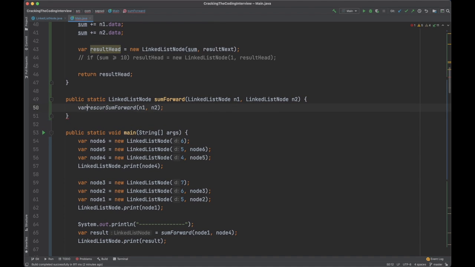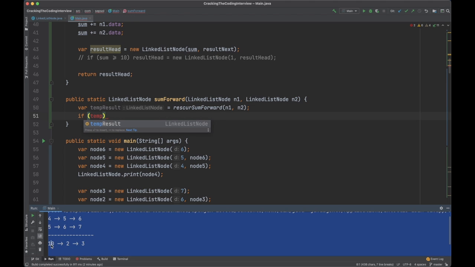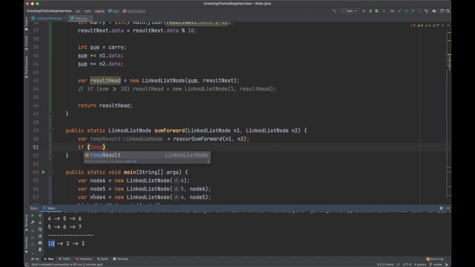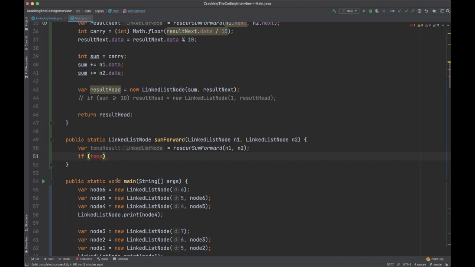And after that we want to receive its results and store it somewhere. So that would be temp result. I'm going to call it temp result. This is temporary. We might change it, we might not, we'll see. So this is the head of this linked list, right? If we look at here, you see, this is the head. This is what this function over here is returning. So I'm going to say if temp result dot data was greater than or equal to 10,